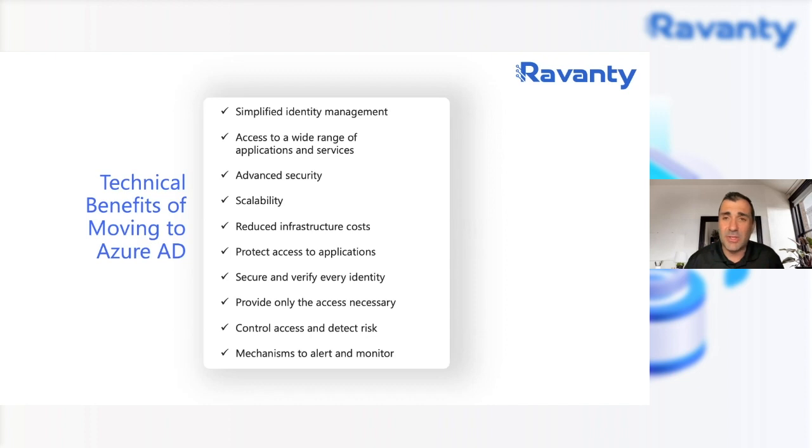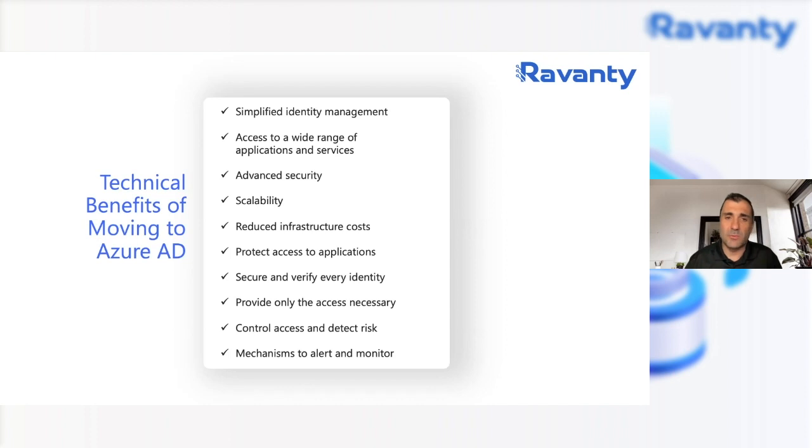There are a lot of advanced security mechanisms available with Azure Active Directory that you don't get with ADFS. With ADFS, you get some security benefits like the password lockout and the smart lockout, as we saw earlier, but you don't get a lot of the extra benefits of things like conditional access, identity protection, and different types of password policies that are available, just to name a few, and additional things when it comes to security.